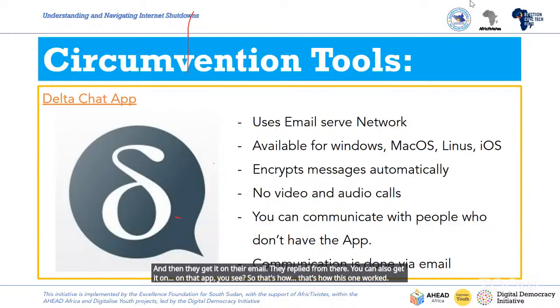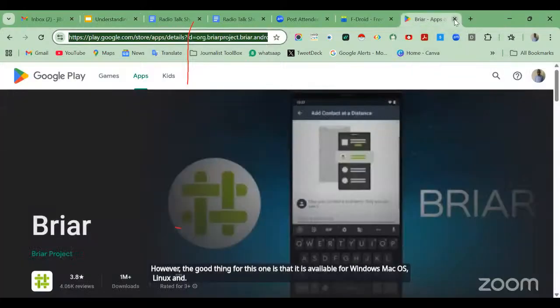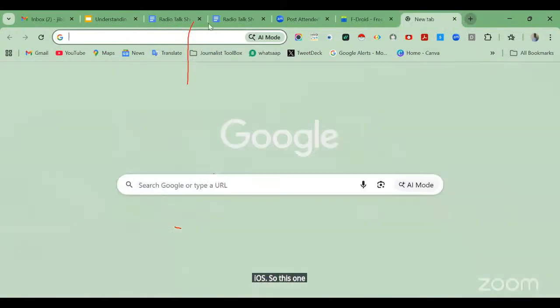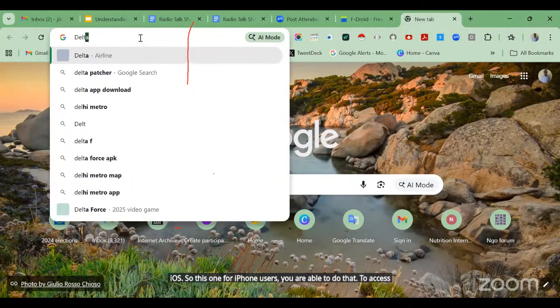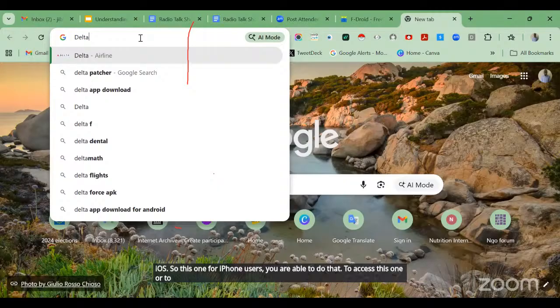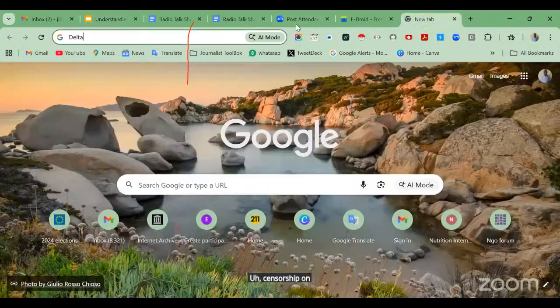However, the good thing is that it is available for Windows, Mac OS, Linux, and iOS. So iPhone users are able to use this one to go around censorship on the internet.